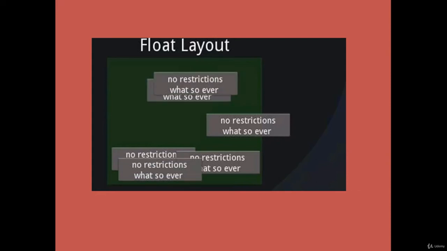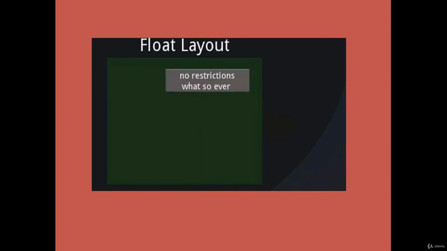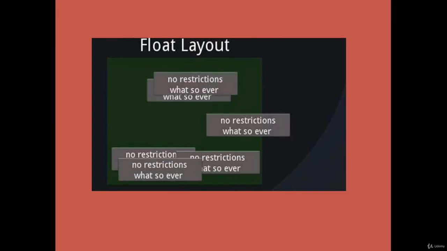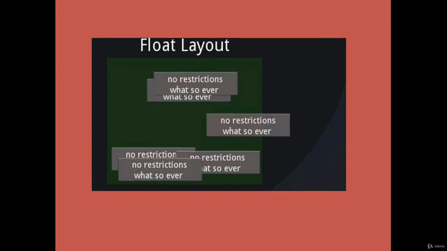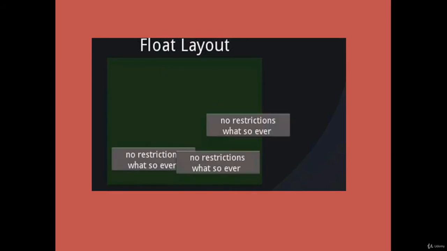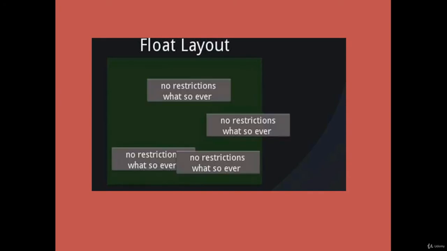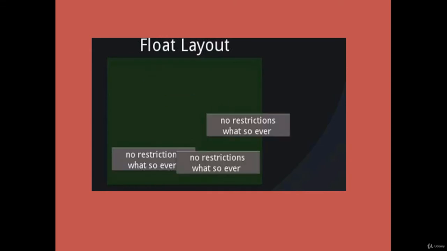In this lecture, we're going to talk about another type of layout, which is float layout. If you look at this picture, that is basically a float layout. You can see there is no restriction whatsoever on any widget. We have only used a button and a text field here, so we don't have any restriction. It can be placed any way, so it can't be rigid. You can't provide any fixed position, it cannot be sustained at one position. It can have no restriction.